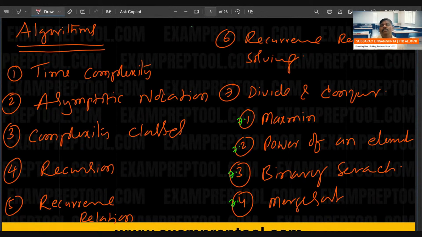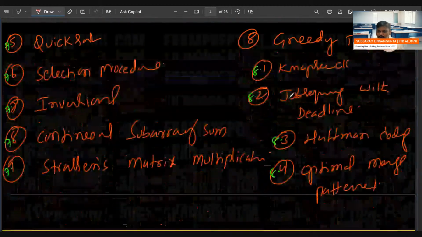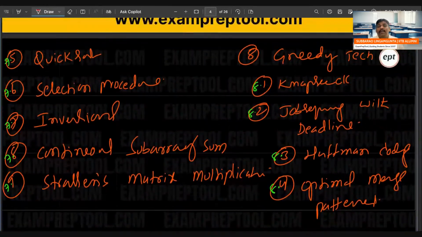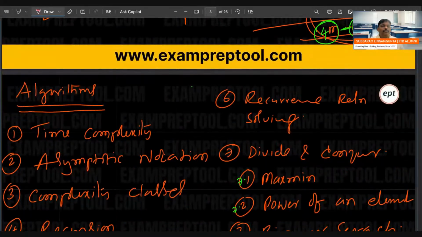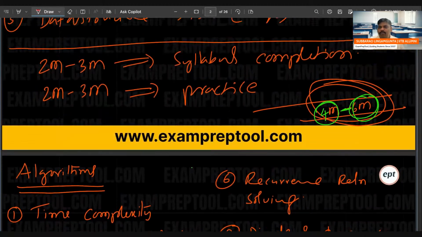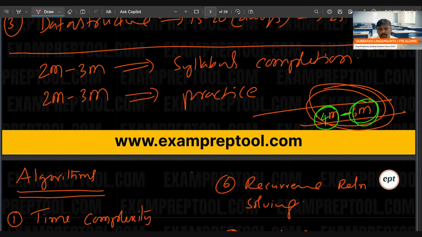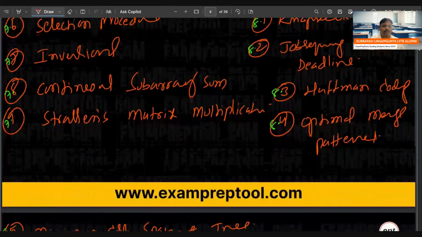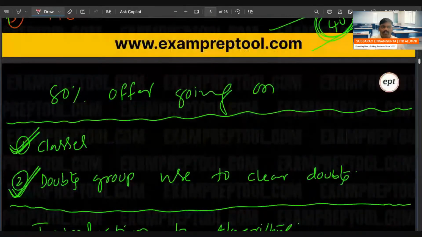We are going to give 30 assignments. We are going to cover algorithms, data structures, and programming combined, approximately 100 topics within 2 to 3 months. 500 problems we will cover in the remaining 2 to 3 months. Then you will be an expert in the algorithm subject. I hope everything is fine.